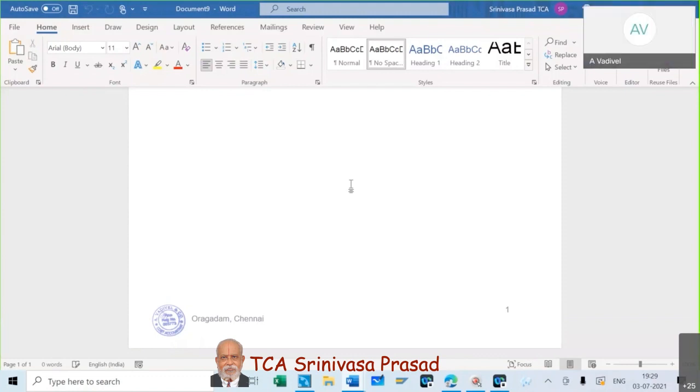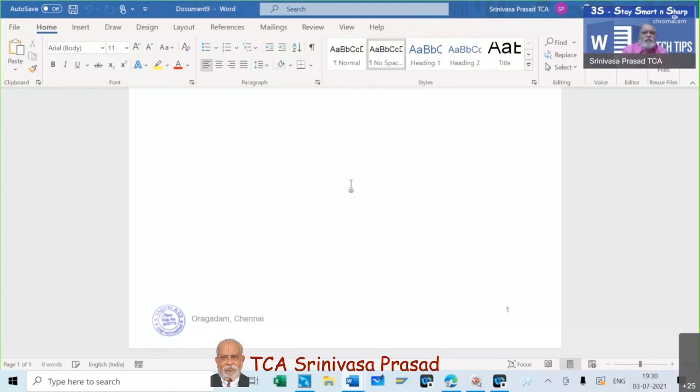Whatever you want to put in the header and footer, make it. You can make a report also, or one can be only a simple letterhead with the logo, signed. Anything you can do. The possibilities are endless. If you have a color printer and bond sheet, it will look as if a printed letter. Yes, sir. That is why I asked Mr. Vadivel. He gave me a lighter version. I wanted him to give me the darker version. I got it and then did it for today's session.